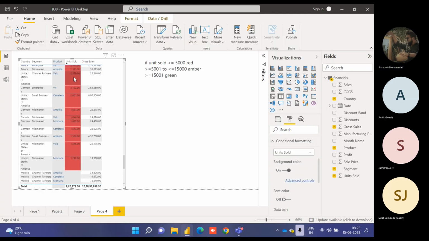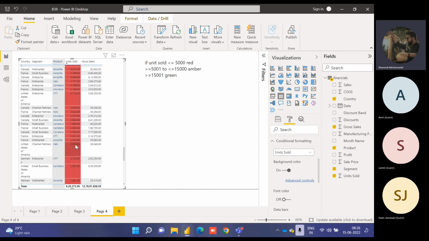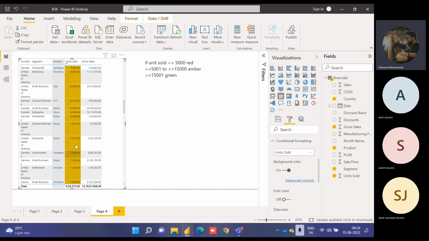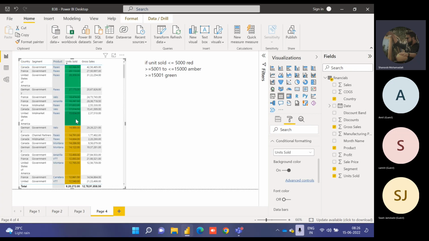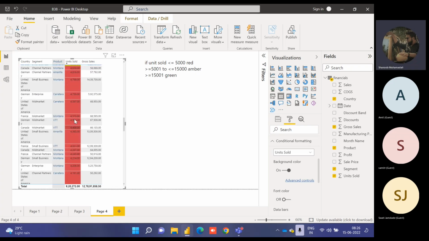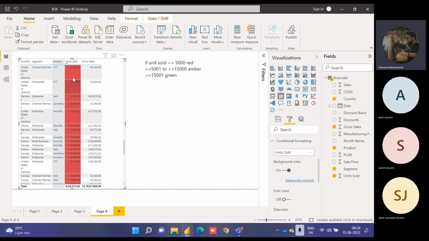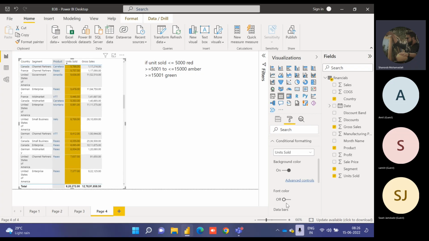There you go. So now it would be in gray color, and you have red, amber, and green. But if you see for the green color and the red color, the font is not visible. So what I need to do is apply one more conditional formatting based on the font